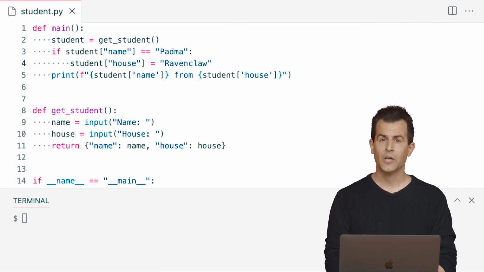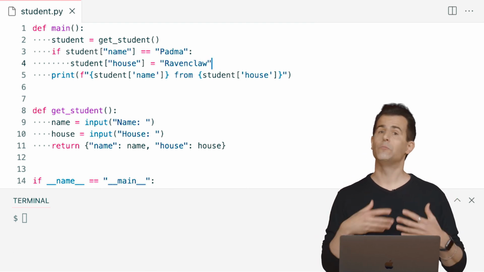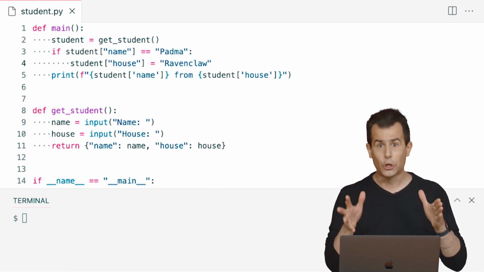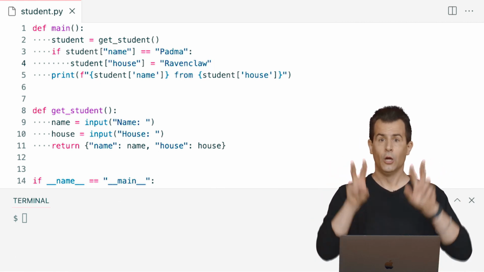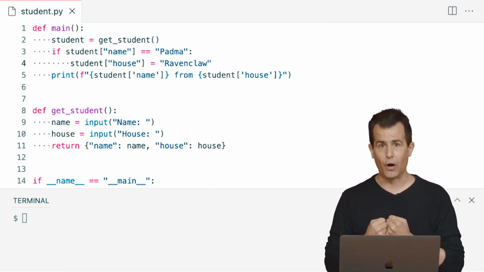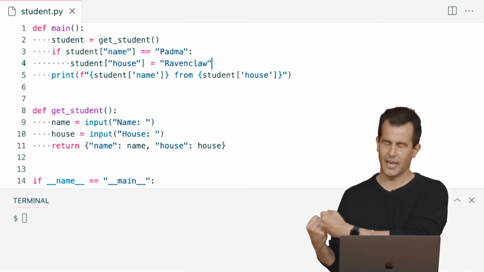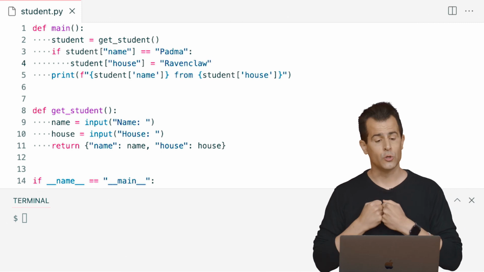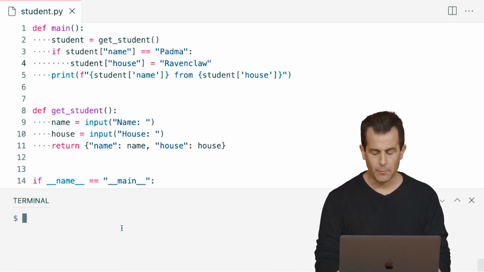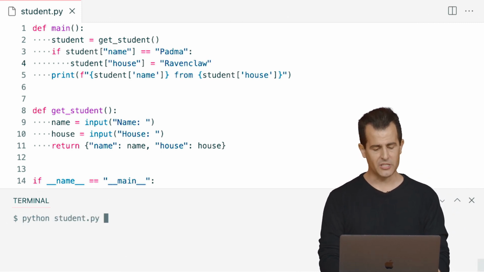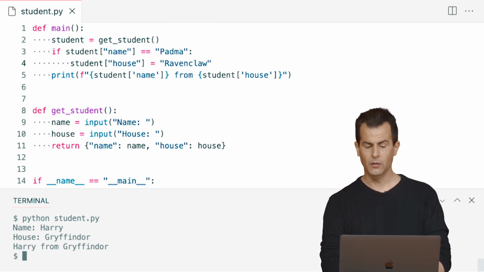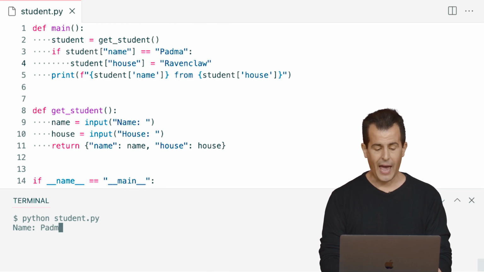Ravenclaw instead. So very similar in spirit to what we did with a list, but instead of using location 0 and 1, we're much more clearly, explicitly, semantically using quote unquote name and quote unquote house, because you index into lists and tuples using numbers, but you index into dictionaries using strings, as I've done here. All right, let me go ahead and run python of student.py. We'll again do Harry from Gryffindor, and I think all is well. Let me run it one more time, this time with Padma, who in the movies is from Gryffindor, but should